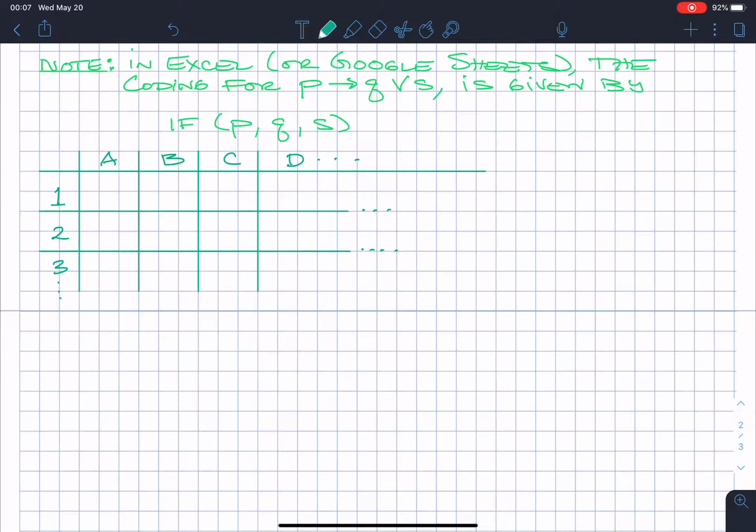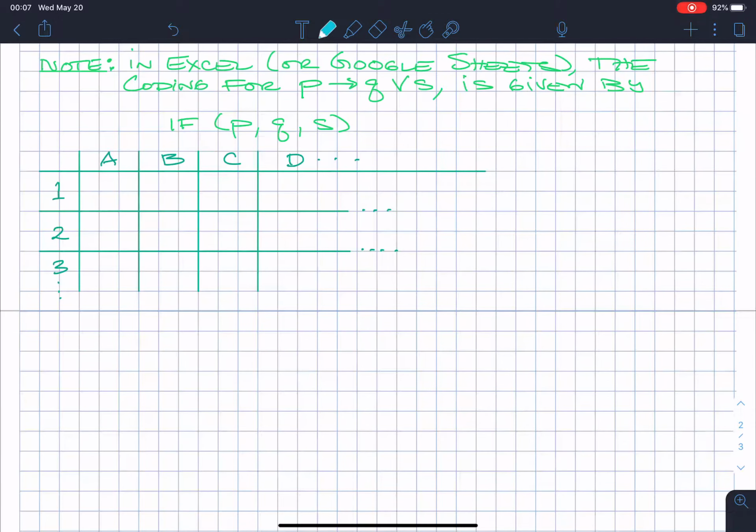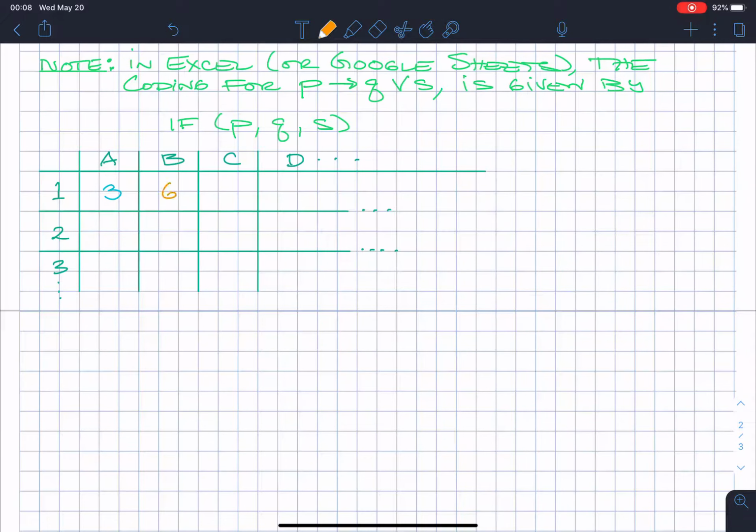So what we're going to do, we're not going to be coding, so don't worry about this, but we are going to be doing it theoretically. So let's say I just have entries in the first row. So let's say that this is, I don't know, 3, 6,